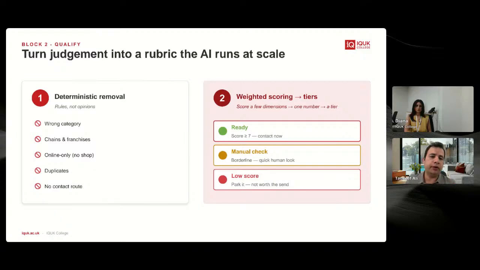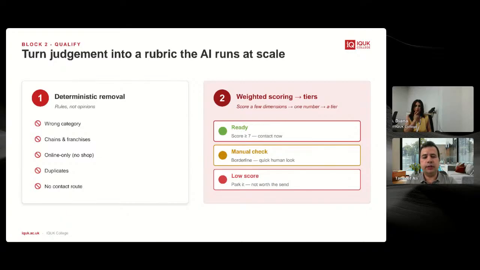with a simple hard-coded approach. Then you can go one step further, and you can use ChatGPT or Claude. It can do deep research for you on all of those leads, and it can categorize your leads into low score, manual check, or ready. If it's sure that it's the right fit for you, it's ready.